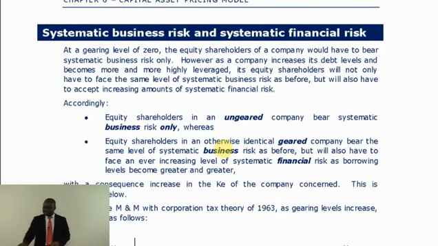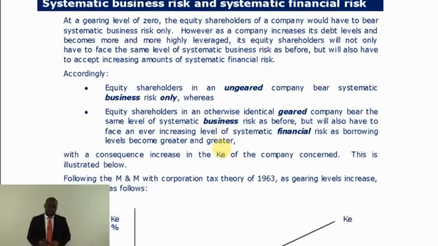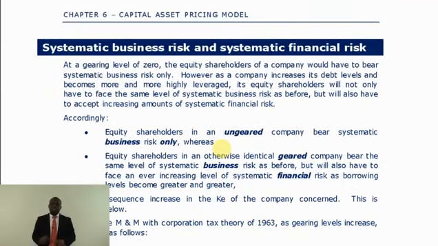Systematic business risk and systematic financial risk. We said your cost of capital should reflect your business and your financial risk. Now be with me. We're calling Miller and Modigliani back. Miller and Modigliani combined their theory into CAPM. And that is where we are now. And you need it. This is what you are more likely to be using in the exam room.